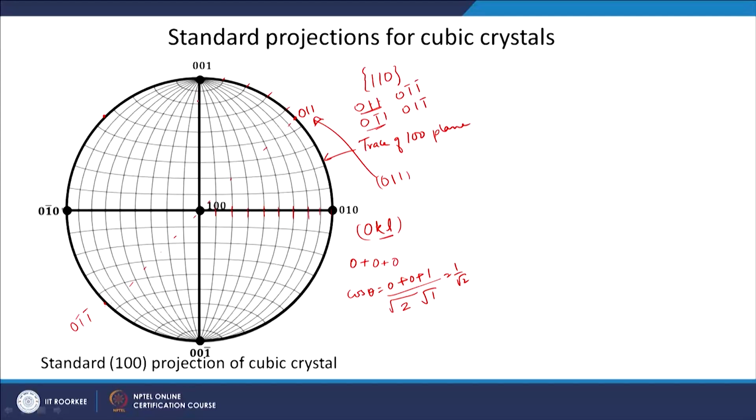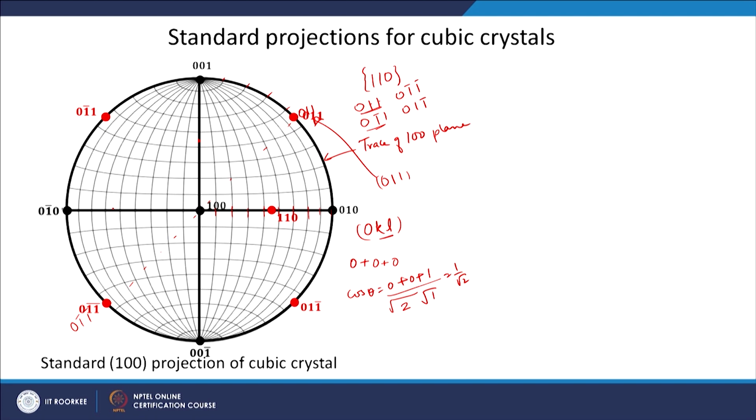Now, some 110 planes will be at 45 degrees, coming between the 100 and 001 types. For example, between 001 and 100, doing vector addition you will get a 101 plane, again at 45 degrees. Somewhere here, similarly one here and one here. That is what will be there in the animation also. So this is 0 1 1, 0 1 bar 1, 0 bar 1 bar 1, 0 bar 1 1, just diametrically opposite, the negative of that.